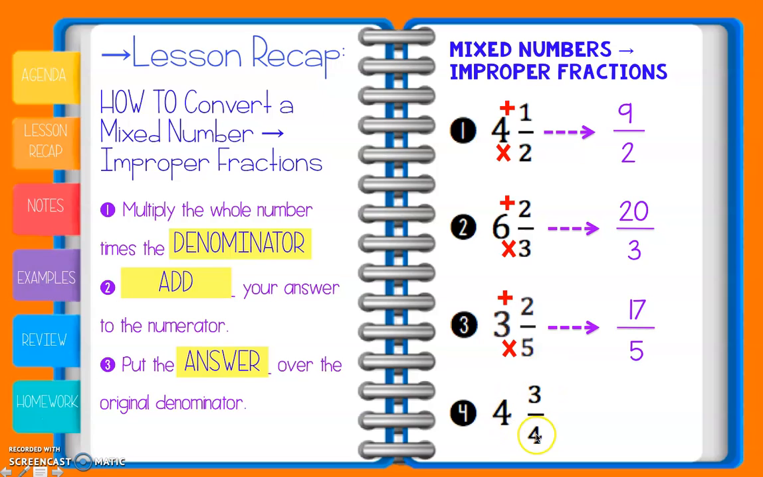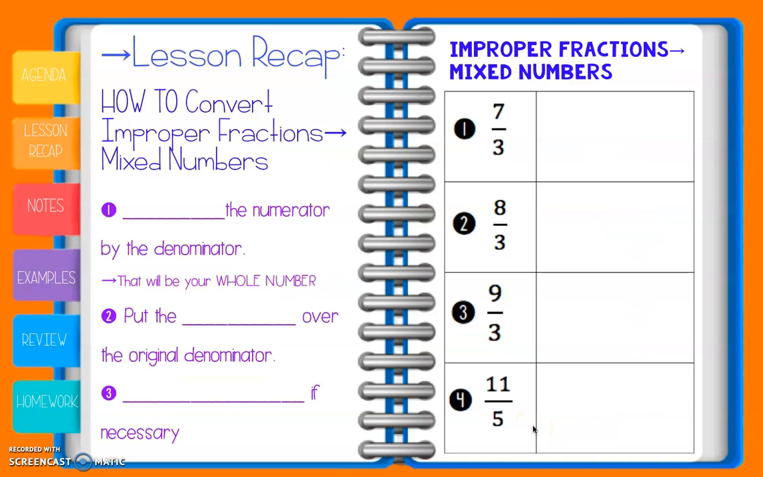Same thing for 4 3/4. We take 4 times 4 plus 3, so we have 16 plus 3, that gives us a 19 over our original denominator of 4. Okay, now vice versa, sometimes we're going to have to convert our improper fraction back to